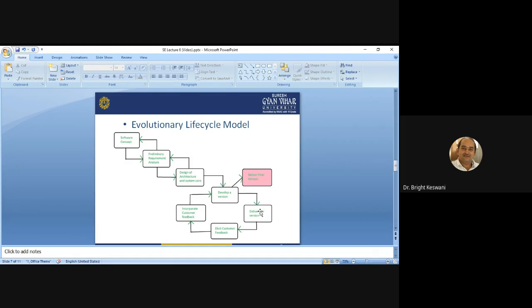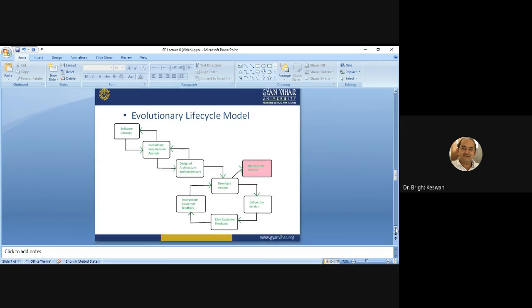and we have to incorporate all these changing requirements in our new version. Okay, so it is time consuming, and it will make the software development process tedious. Additional time must also be planned for integration and regression testing as increments are developed and added to the system. So you can plan more testing time, you can spend more testing time when you are adopting this evolutionary life cycle model.